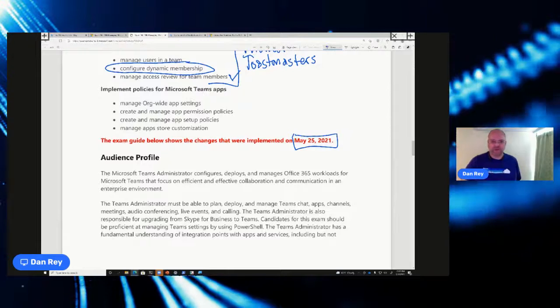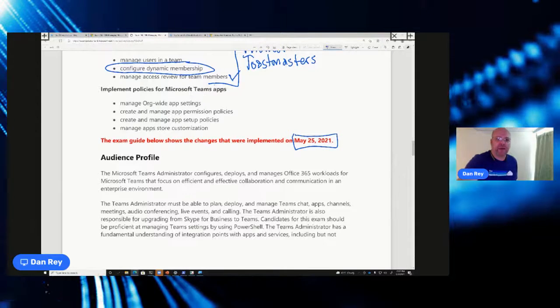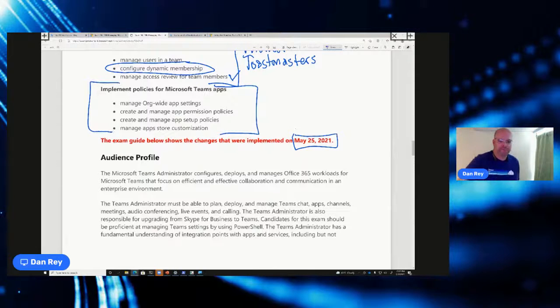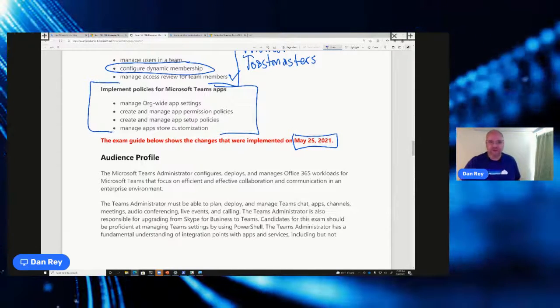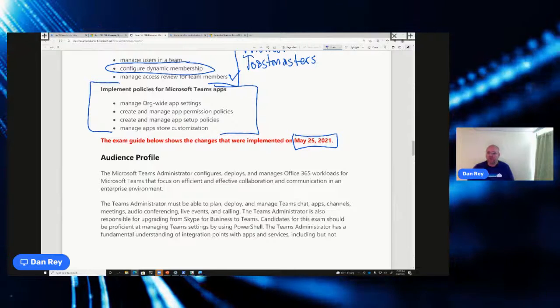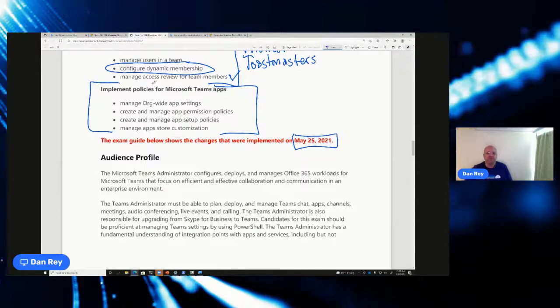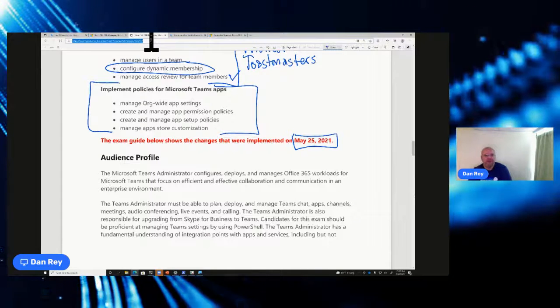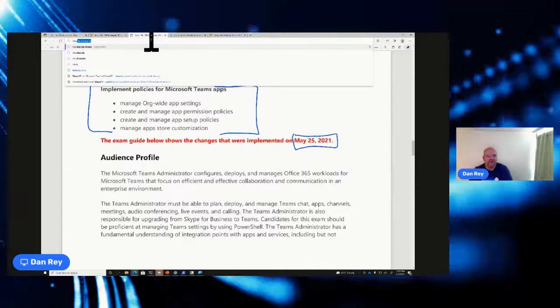Finally, your final section is to think about implementing policies for Teams apps. As part of the course this week, we looked at different things related to Teams apps. And one of the things I discovered